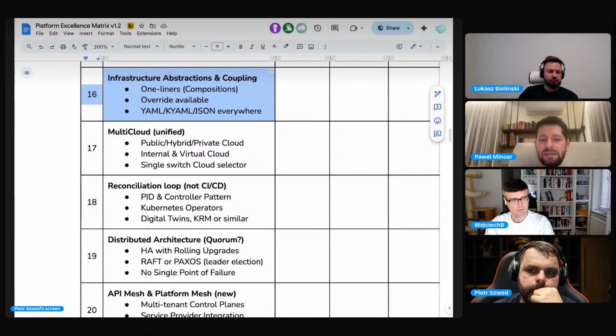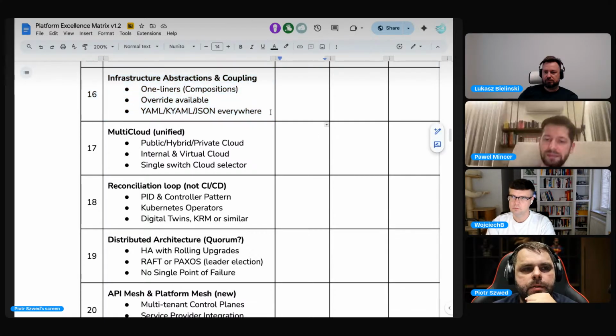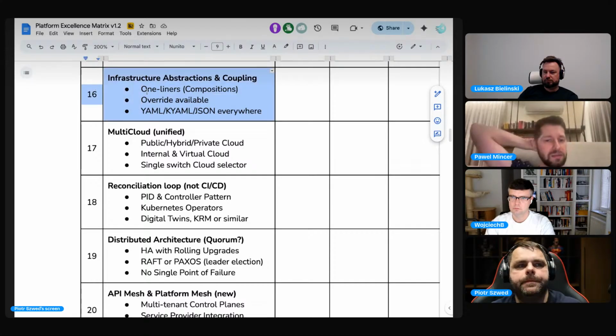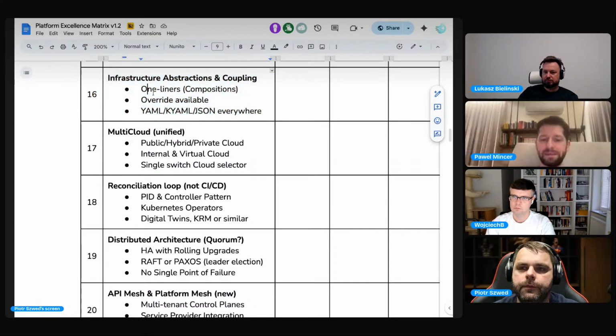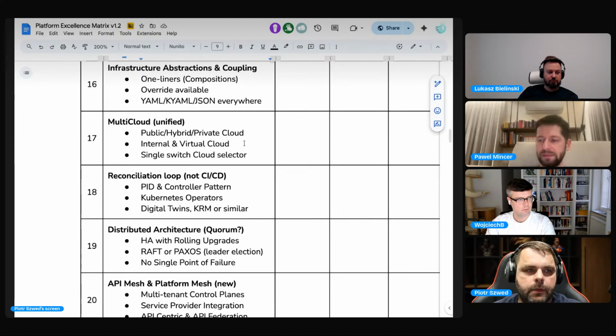However, you also need to have the other way around, meaning that if you need to or want to, you can extend it however you want. So it doesn't have to be just a one-liner. Yeah, there should be a possibility to override details of the manifest, right? Override and extend, but only if you want, right? If this is your intention. It's not about forcing you to fill in 200 fields of your manifest, like it is in most organizations today.